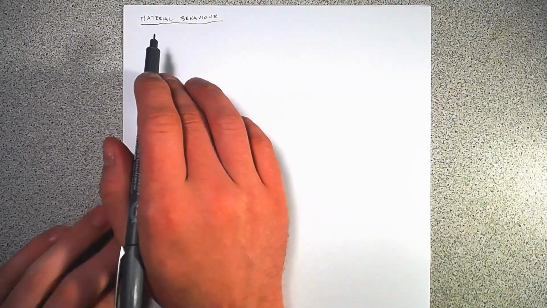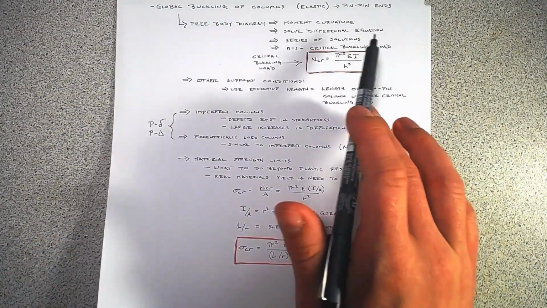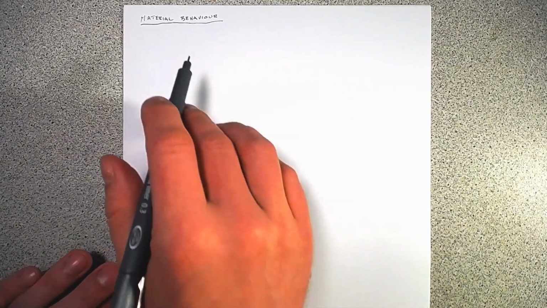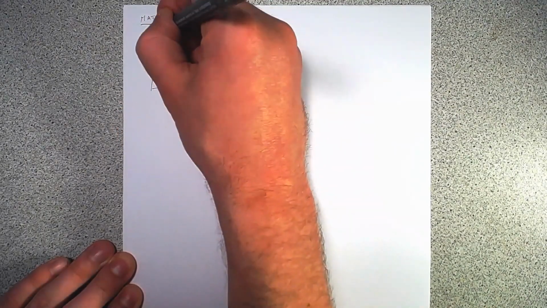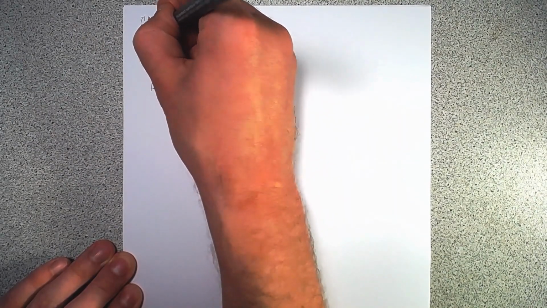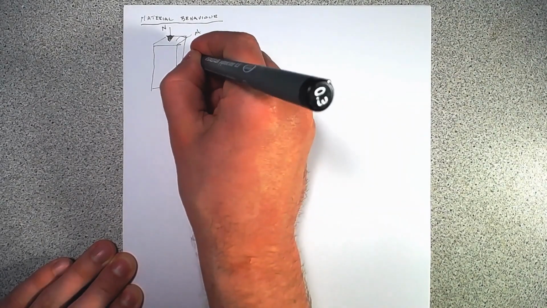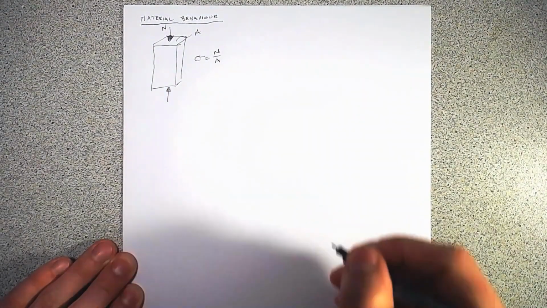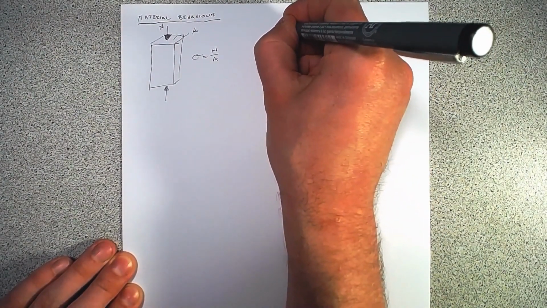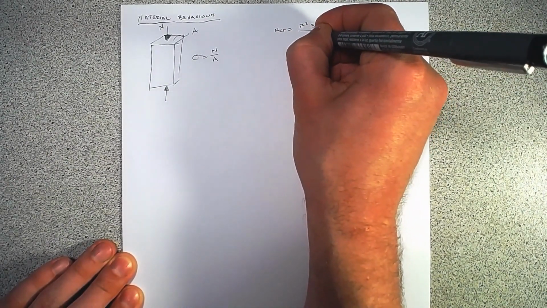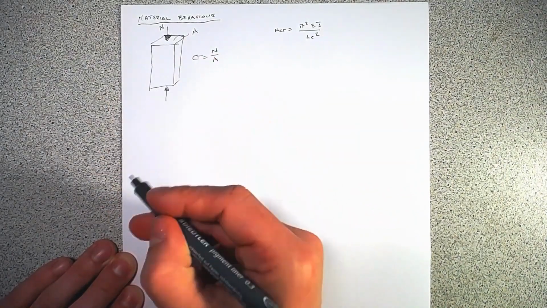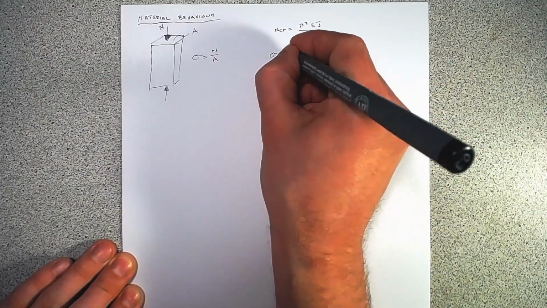So, if we're looking at whether we're going to get yielding or not across the section, and we want to go from a critical buckling load to essentially a critical buckling stress, what we want to do is get everything in terms of stress. So if we have an axial load N and an area A, our stress is just N divided by A. So if the critical buckling load N_CR equals pi squared times E times I over L_E squared, to get it to a stress, we just need to divide by the area of the cross section. So we get our critical stress equals